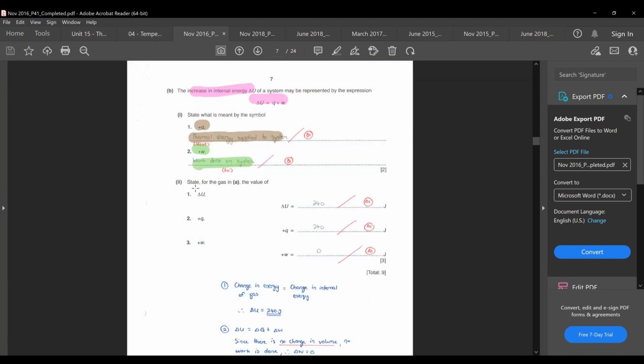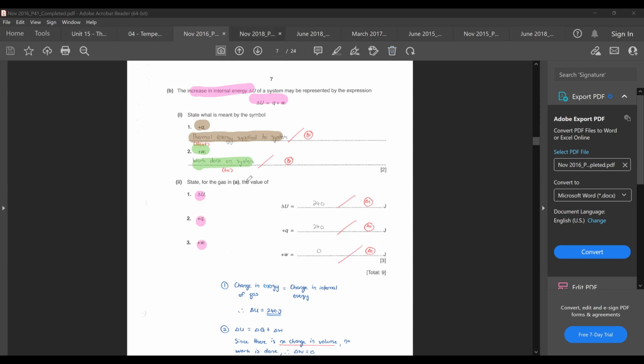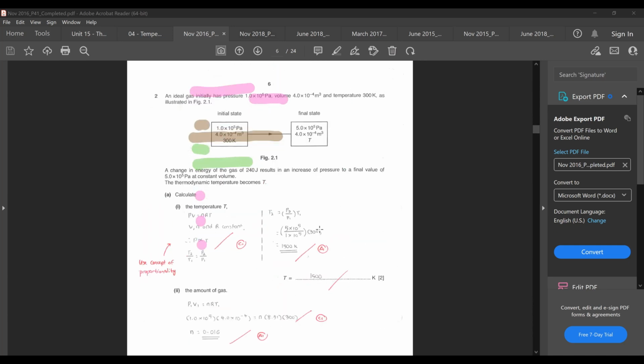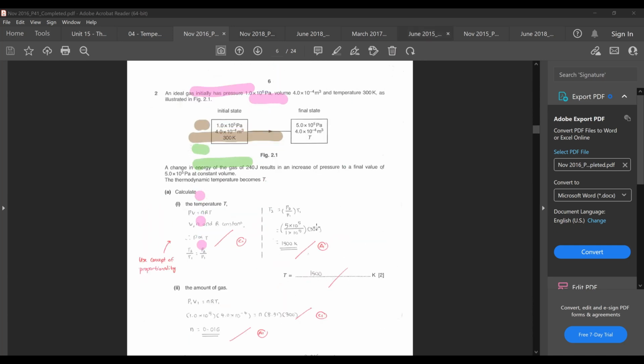Now for question part 2, they want you to calculate something out. Find out what is delta U, what is Q, and what is W. So what you can say here is this. When they told you that there's a change in energy of the gas of 240 joules that results in an increase in pressure,